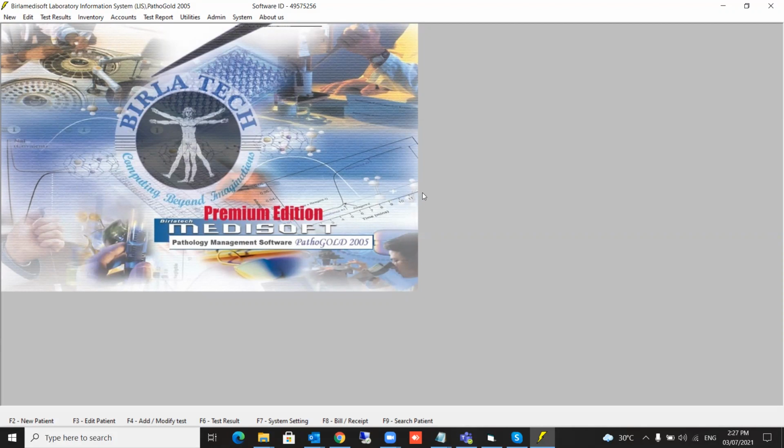These are the powerful features which are available in all PathoGold series, right from PathoGold 2005 to PathoGold Extension Studio Plus. A similar structure is kept so that a user who is using PathoGold 2005, if they want to migrate to PathoGold Extension Studio Plus, will not find any difficulties. The similar functions will be there, and they can easily migrate.